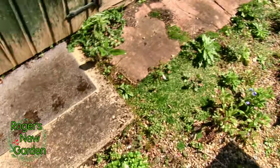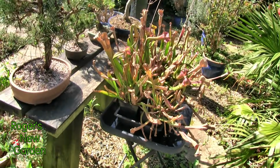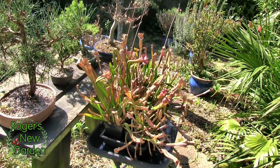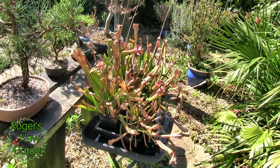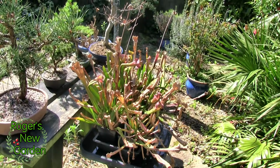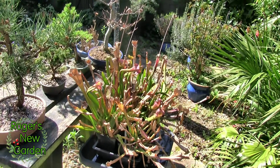So that's really what's going on at the moment. My Sarracenias have all got to come in and be repotted. Well, strictly speaking, I've missed my chance. It should have been done a month ago, late winter. It's now April, but I'm still going to do it anyway. I'll just cut most of the greenery off, apart from any obvious new growths. Get them set up in some new media, in suitable pots, and we can get going again with